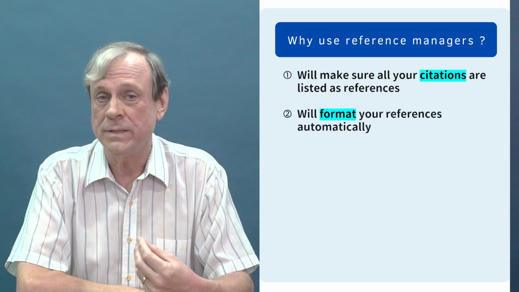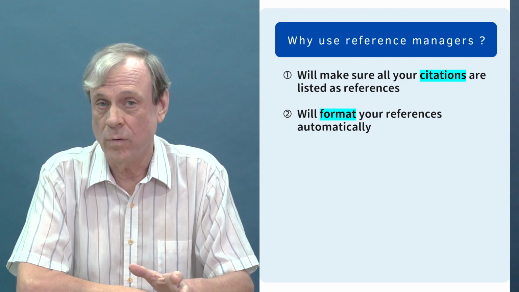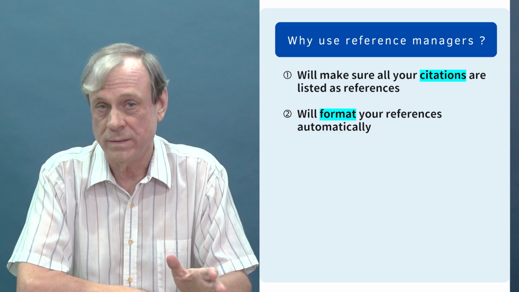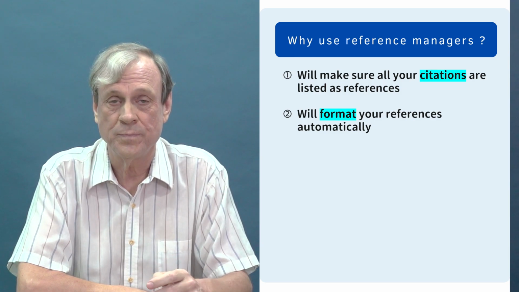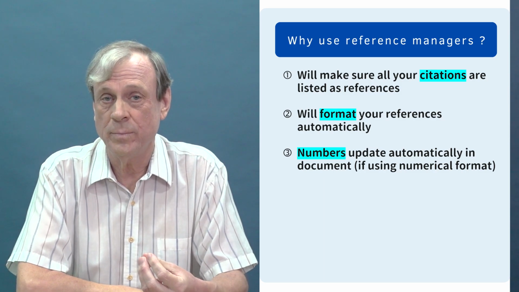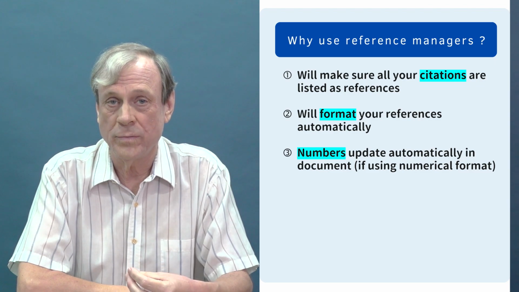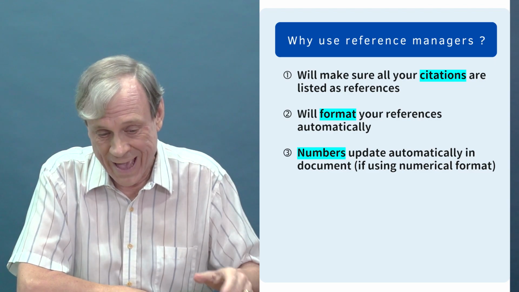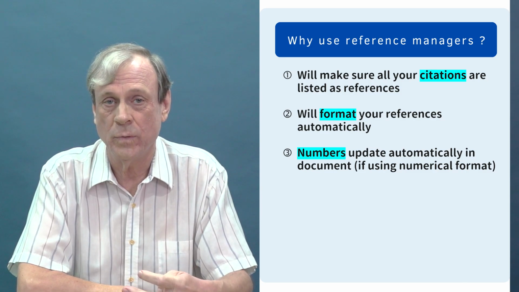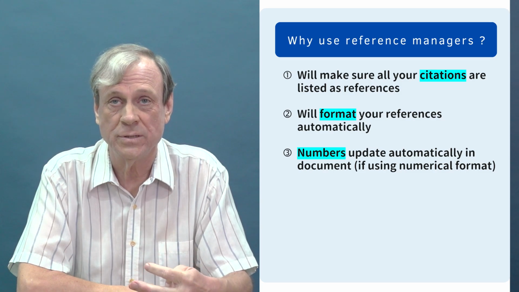Second important thing is it will format your references appropriately for whatever format you need, including all of the various journal formats that exist if you're publishing in a journal. And third, if you're using the engineering format, it's very important because it helps you to automatically number all of the references in order. If you add another reference in, it will change the order of all the following ones without you having to do that yourself, which is very, very useful for engineering.